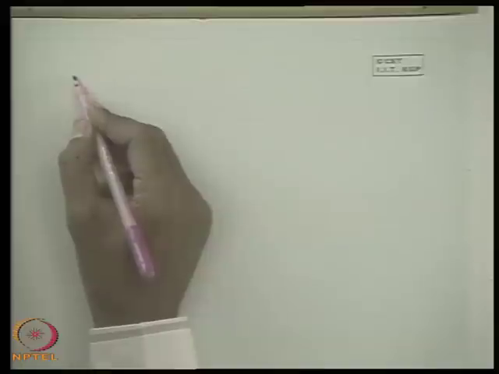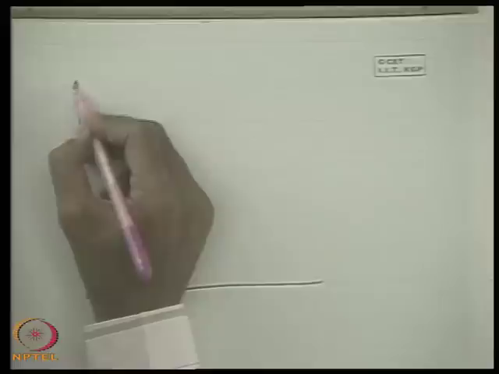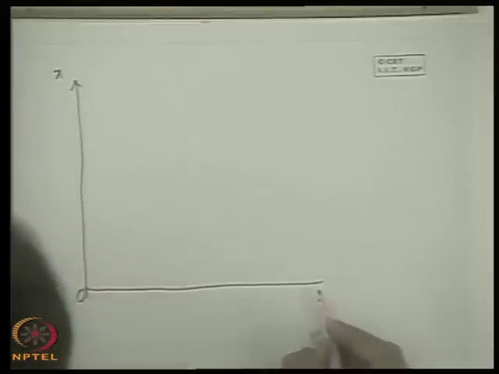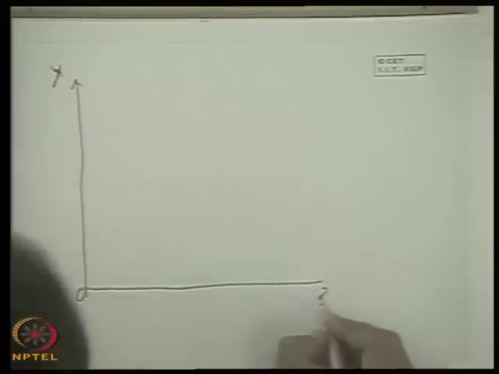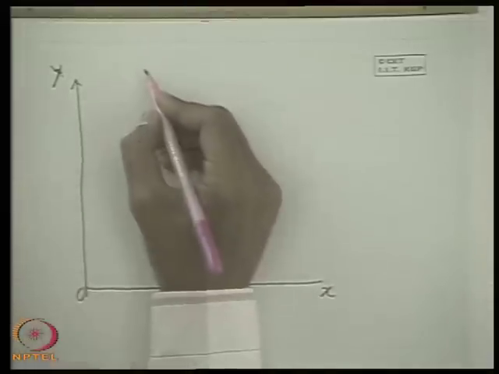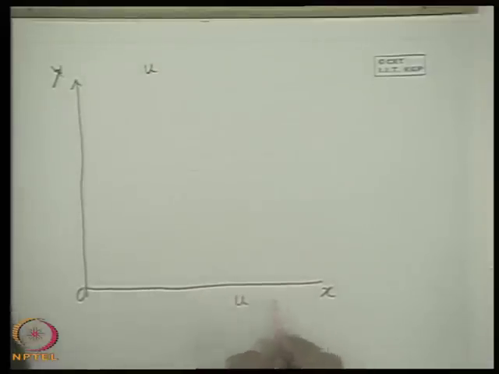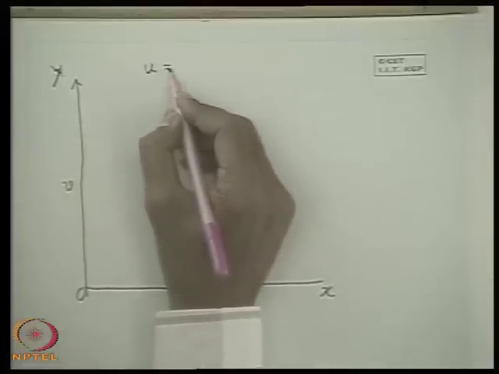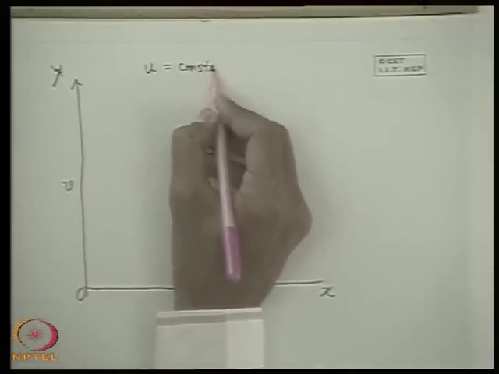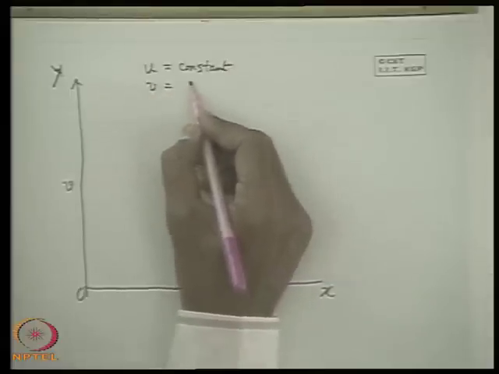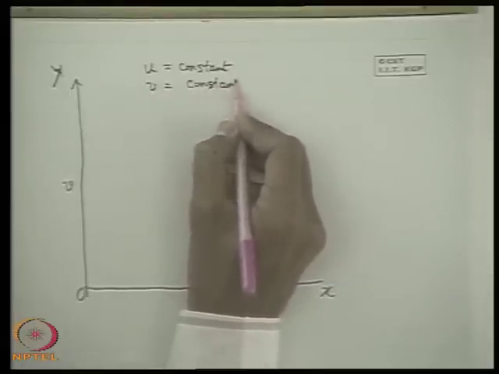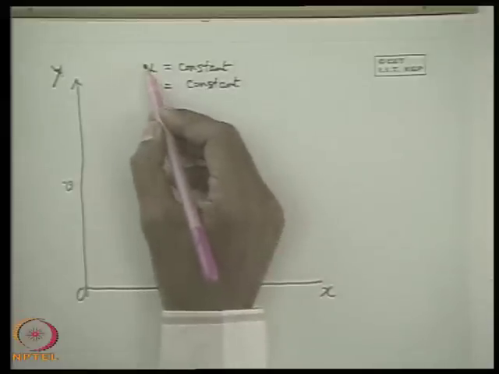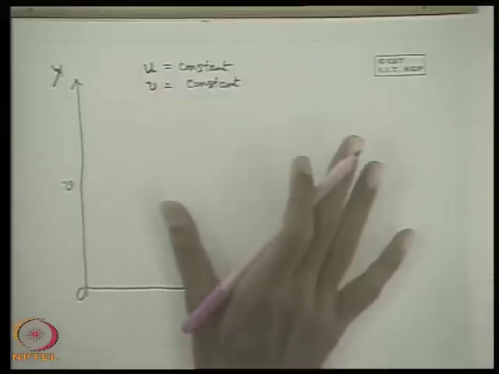Now let us see that in case of a motion described like this, let us consider a two-dimensional case. Sorry, this is y. If you take a two-dimensional system in xy axis, u is the x component of velocity, and v is the y component of velocity. Now in this context, I would like to tell you that translation, rotation and deformation are the result of the variation of velocity components with space coordinates.